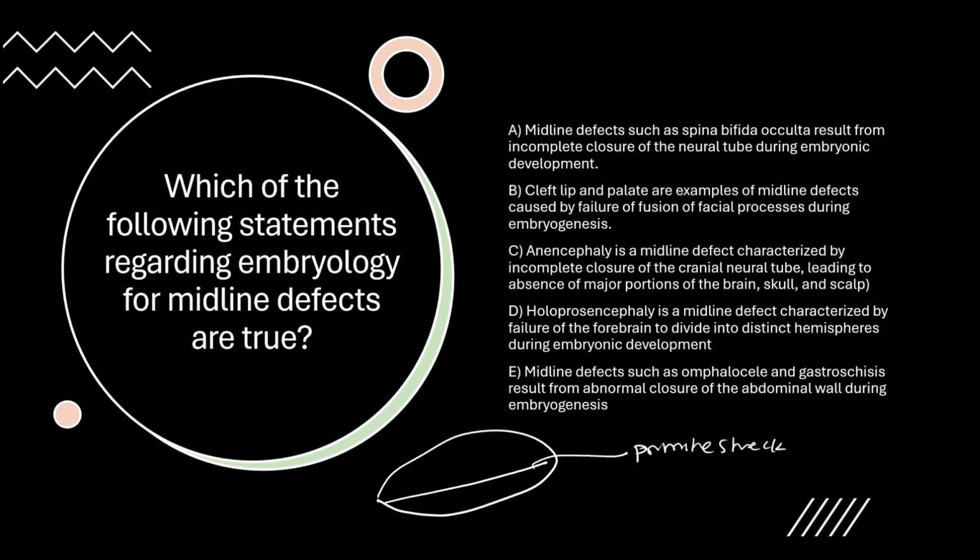The primitive streak is involved in the formation of the three germinative layers in a process known as gastrulation. So with gastrulation, there is the formation of other internal organs. However, for the completion and development of certain structures, the primitive streak closure or the wall closure